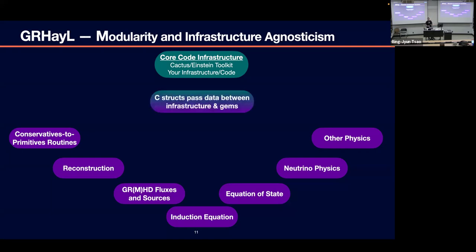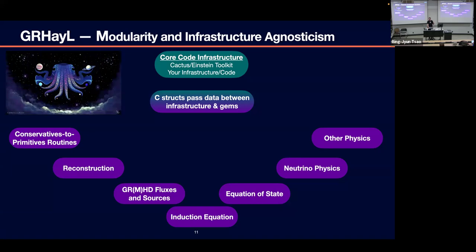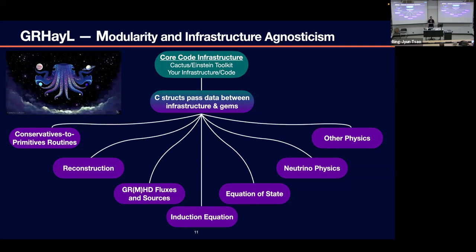And then what GRHayL does is it provides, again, simple data structures in the form of C structs that you can use to pack your data from your infrastructure to GRHayL, and then GRHayL will provide this back, allowing you to unpack the result of whatever calculation it does. In the spirit of the cuttlefish, this provides the connection that is needed to talk to GRHayL. And one of the nice things that we have done with GRHayL is that you can use GRHayL as a whole, as I'm showing here. But if you were to break off one or more of these connections, you can still use GRHayL. You do not need to use all of GRHayL to use GRHayL.